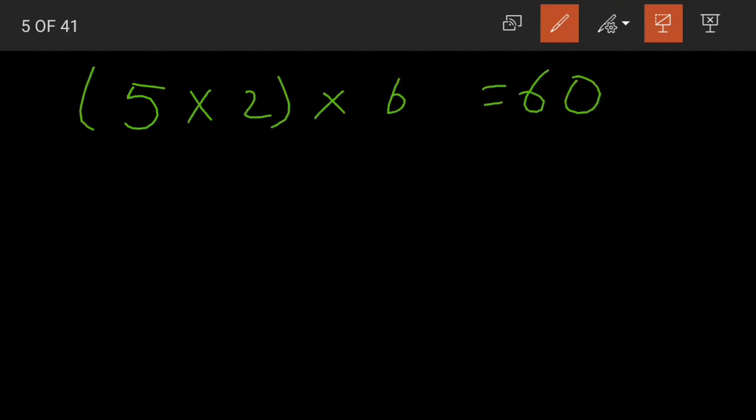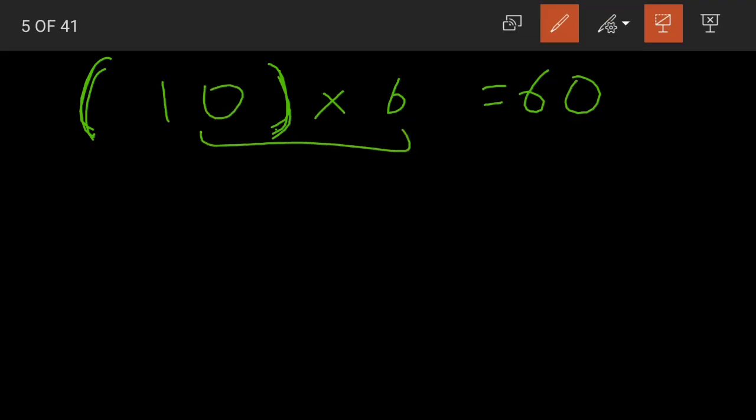Let me explain here. Yes. Now what do we see here, children? We are seeing brackets here. Yes, these are brackets. So remember that whenever we have brackets in a mathematics problem, first we need to solve whatever there is inside the brackets. What do we have inside the brackets? 5 into 2. 5 twos are how much, children? 5 twos are 10. Now 10 sixes are 60. The answer becomes what? 60. This was 5 into 2.